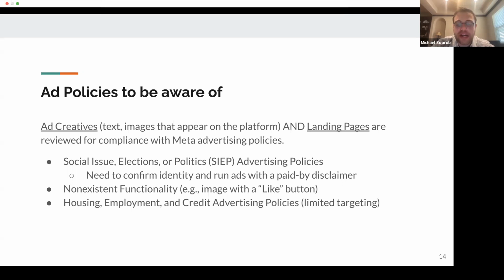I have seen academics get into trouble with this, so I just ask that you be mindful of it. Certain words, particularly words about elections, voting, presidents, things like this, are very likely to cause SEEP flags. So if you are interested in running ads like this, you need to go through the SEEP authorization process. And academics do this, by the way.